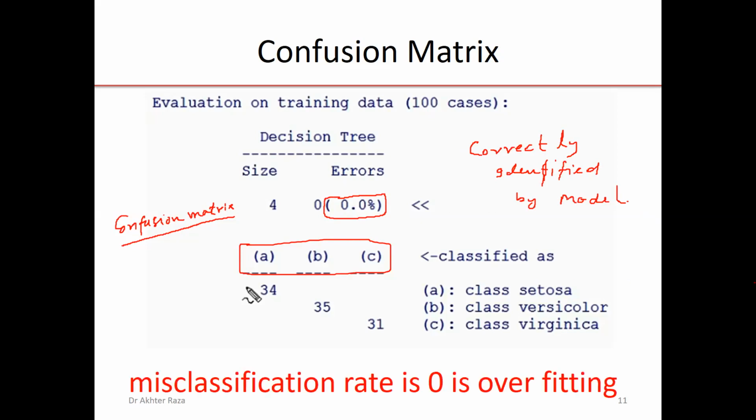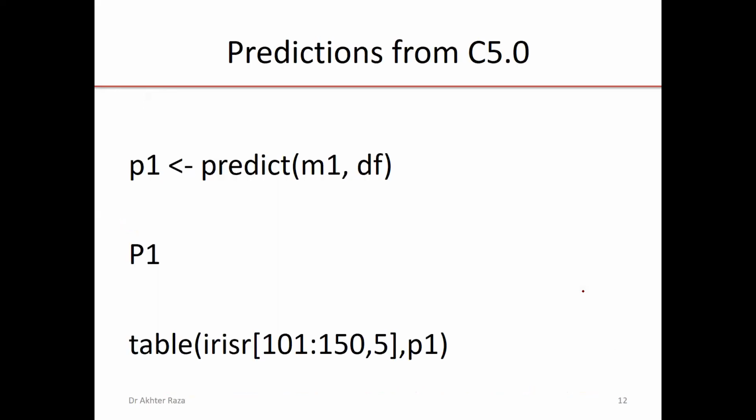Now, misclassification rate is 0. It is called in machine learning as overfitting. Means the model is a deterministic model instead of a probabilistic model. Because in a machine learning model, if the model is 100% accurate, means there is no misclassification and we have 0% error. And there are doubts on this model because why is the model correctly identifying 100% of the data set.